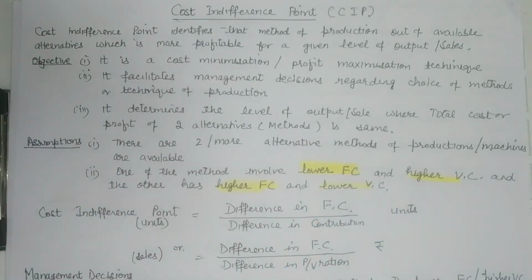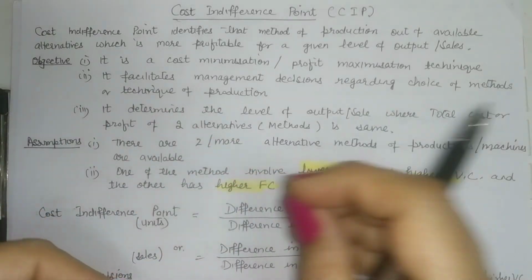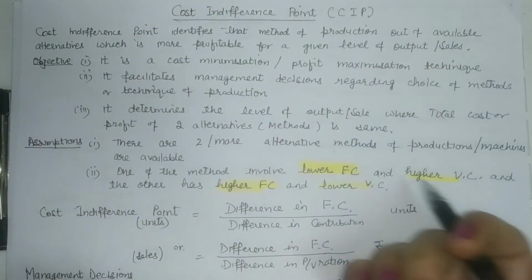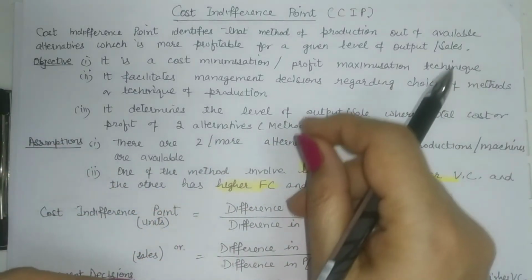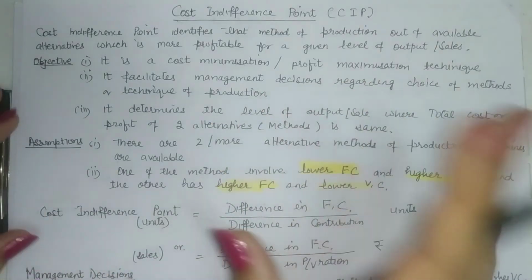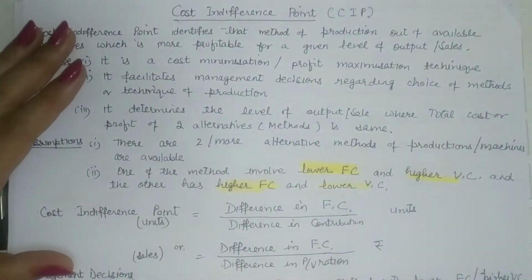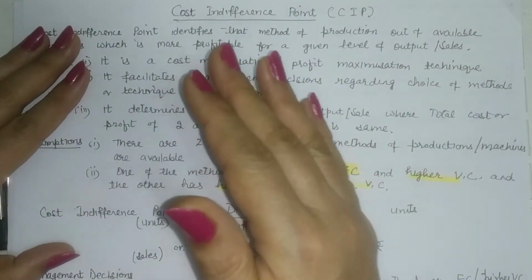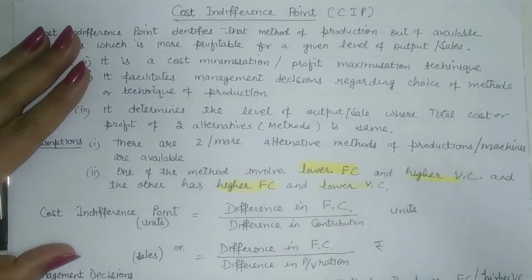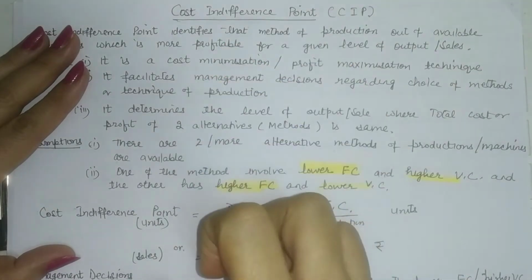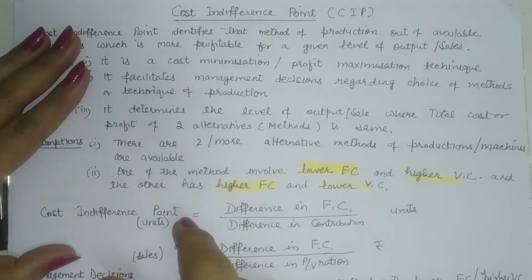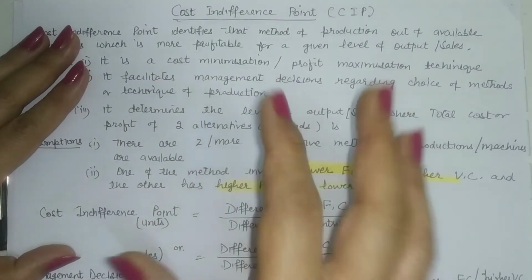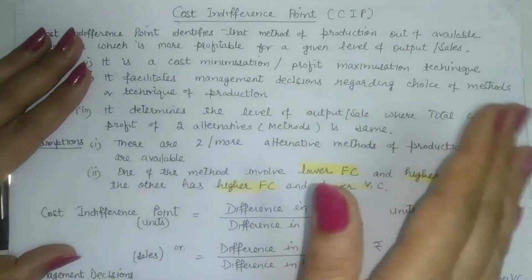If one method is having both fixed cost and variable cost higher and the other one is having both costs lesser, then there is no question of choosing. We will obviously go for the method which is having lower cost, both fixed and variable. The only problem in decision making is that one method is having higher fixed cost but lower variable cost. When the variable cost is lower, that means your contribution is going to be higher. You will have more contribution, but that excess in contribution will be cancelled by the higher fixed cost. So you will have to choose the method very carefully, a method wherein you can have a balance of the two.